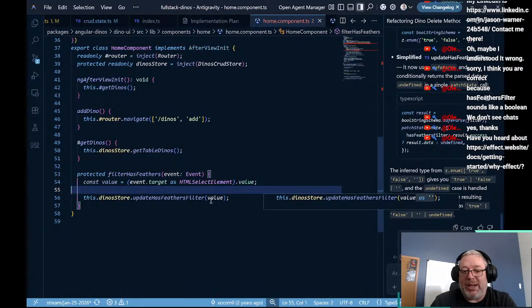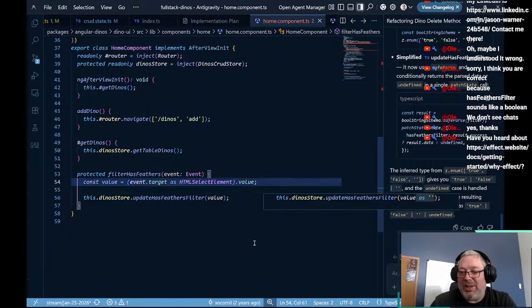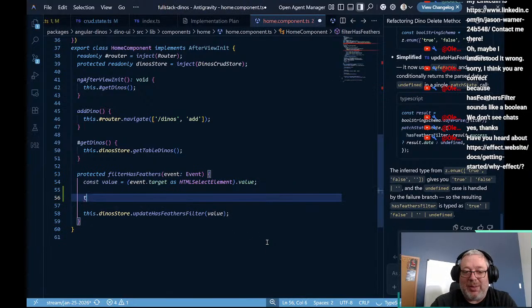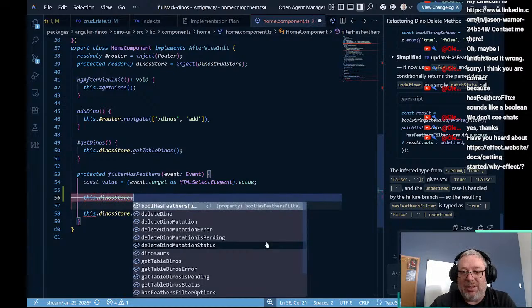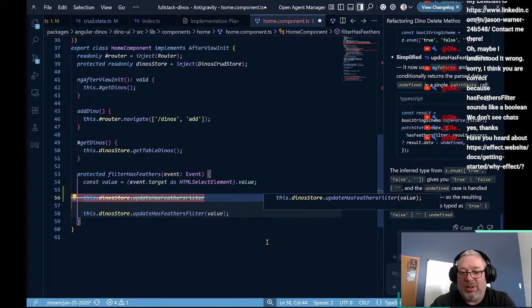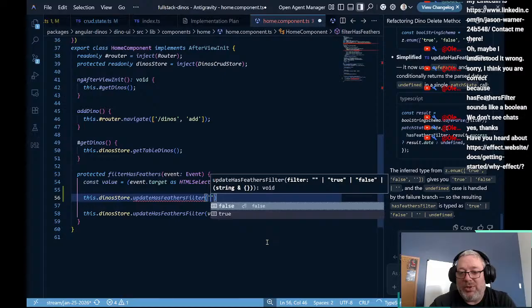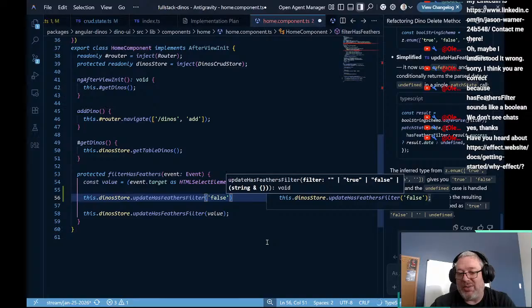So now if we go back, we can see that our has feathers filter has the ability to do that. But now if we do this .dynostore update has feathers filter, here we should see now we've got false and true in here as potential suggestions, but